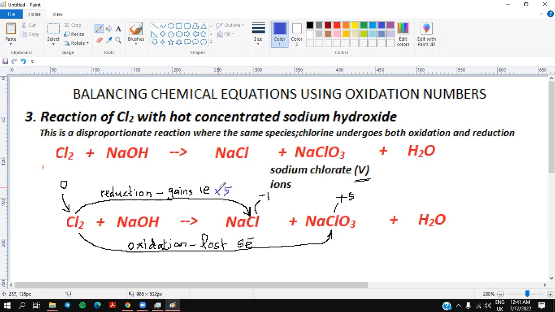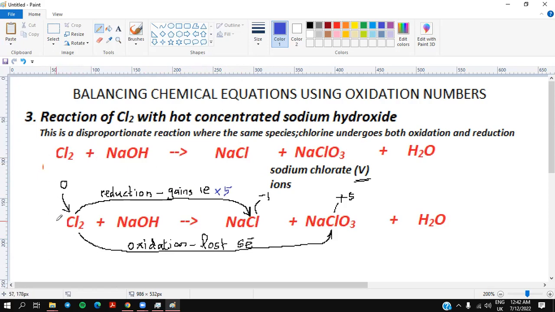Why do we multiply this one by 5? To make the electron number equal. In the earlier cases, when you multiply by 5, you multiply both sides by 5. Why? To balance the atoms. You can simply think, if you multiply,